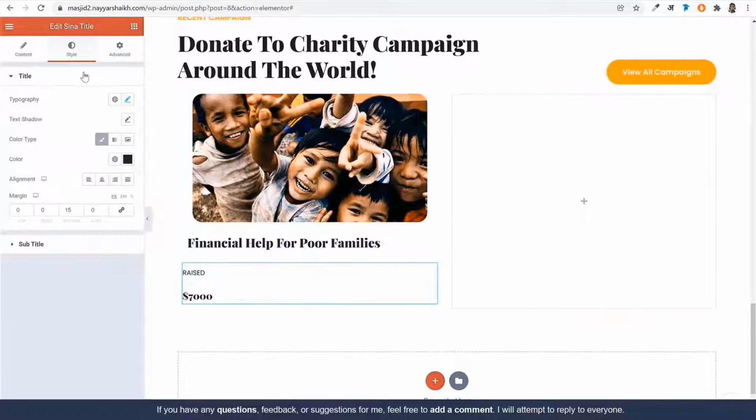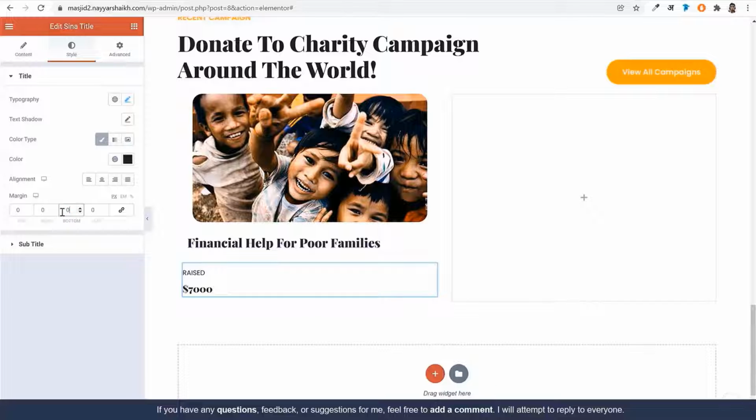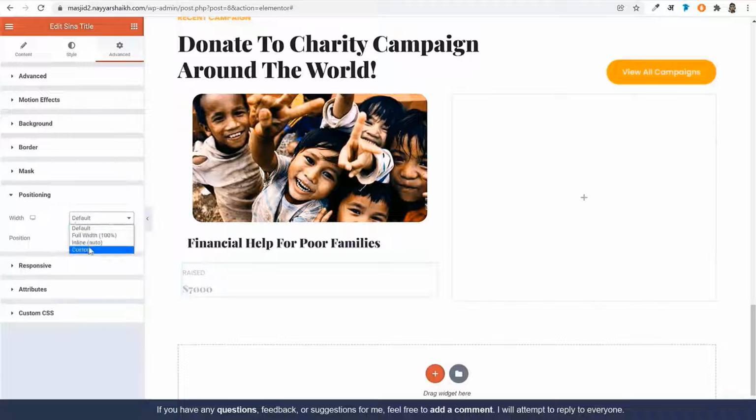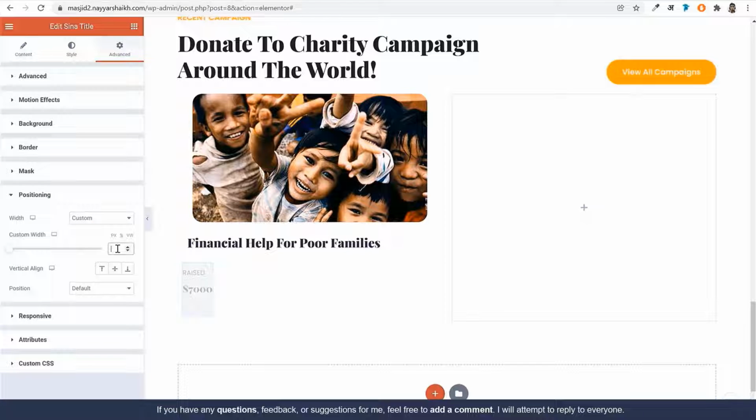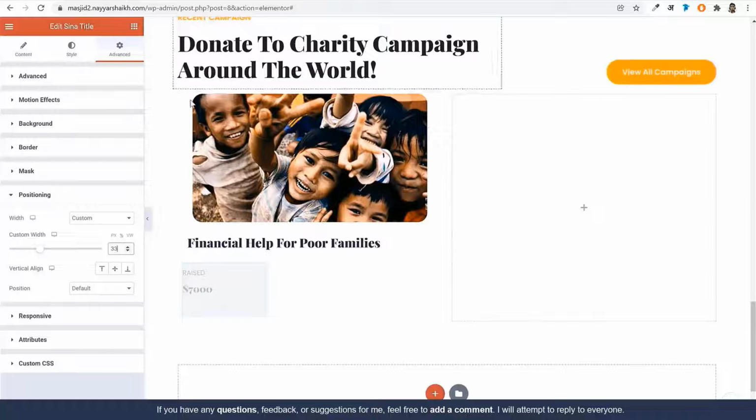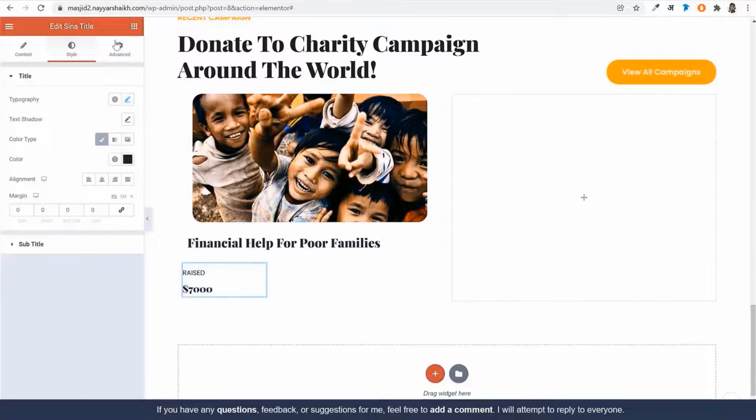For below title, I think we have a lot of space. We don't want any, so we'll delete the margin bottom for title. Now for this also, just select this advanced option, go to positioning and make it custom width and percentage. For this we can make it 33 because we want 3 in one row, so we can make it 33 percent. Here also, if you want to add any border or anything, you can go to advanced and you can